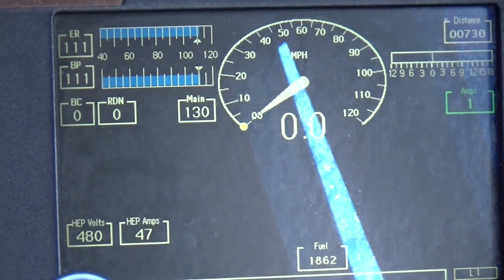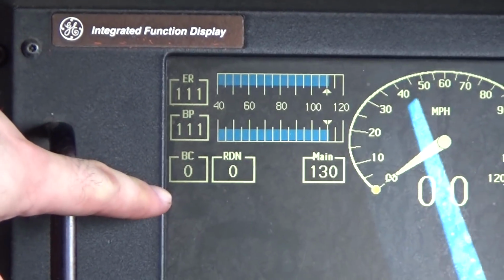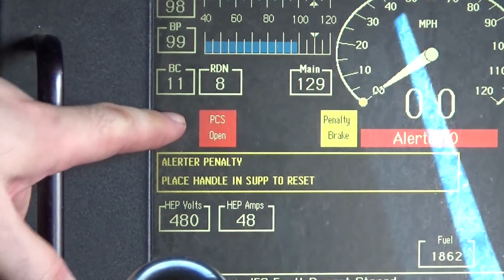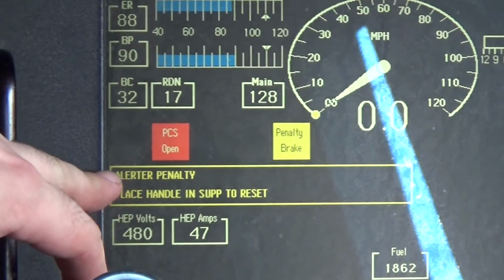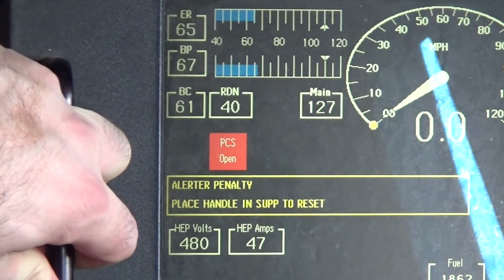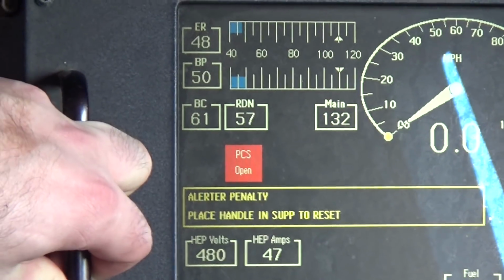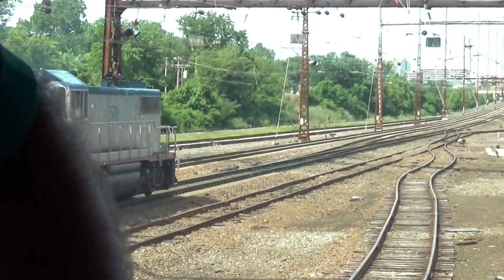And stop and it's thinking for a second. And then what you're going to see is, watch. You're going to see here all of a sudden, PCS open. Penalty brake application. Order penalty. Place handle in suppression. So it said it's putting the brakes on the train. The engineer didn't do anything. You didn't do anything. So it's going to say put the brakes on the train. So what we're going to have to do is...